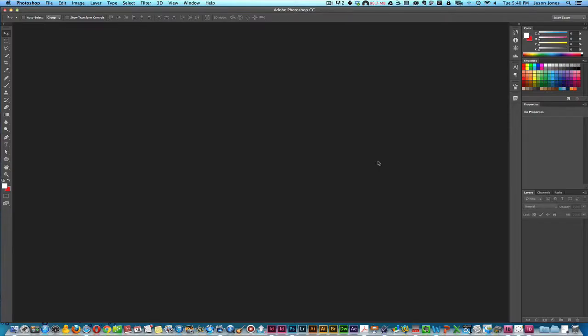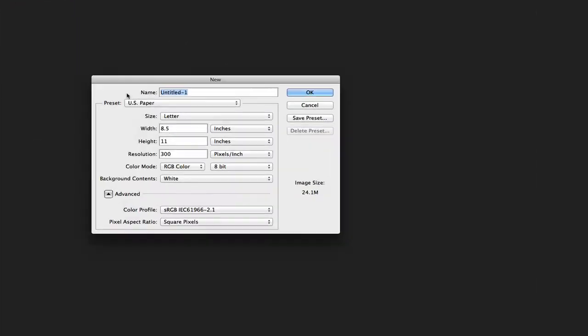Video, I'm going to show you how to create custom brushes in Photoshop. So the first thing I'm going to do is open a new document from the File menu,